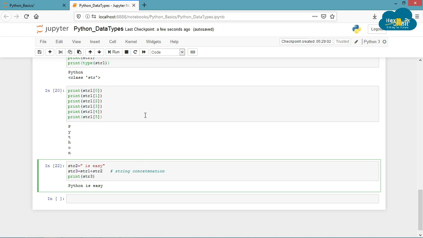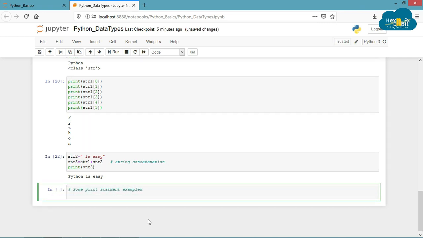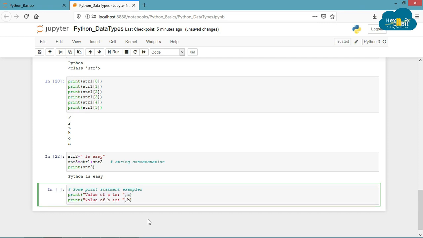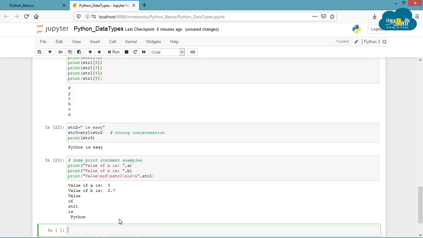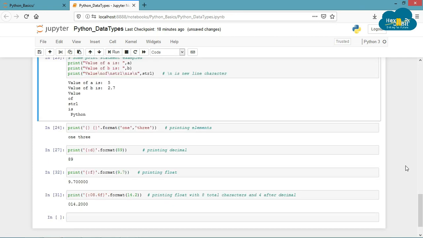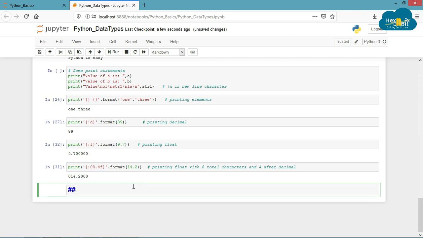You can use the print statement in many ways, some of which are mentioned in the next cell along with their output. You can try them and use them as per your requirement and convenience. They are very useful throughout the Python programming. Now that we have basic knowledge about print statement, strings, boolean and other number data types, let's use this knowledge and perform some logical operation and print result in a meaningful manner.